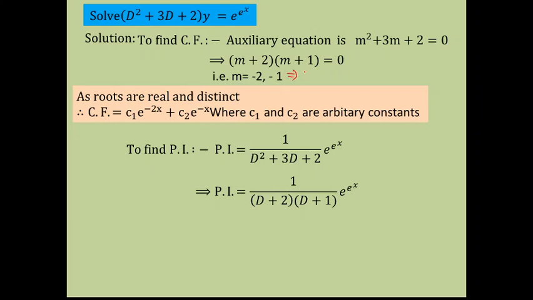So the factors of this will be, though I have written above, still I will write here. What will be the factors of this? We will write m minus the first value of m, that is -2, right? So this will be my first factor. Then the second factor will be m minus the next value of m, that is -1, right? So this will be the second factor, equal to 0. So what I am getting here is m plus 2 into m plus 1 equal to 0, right?